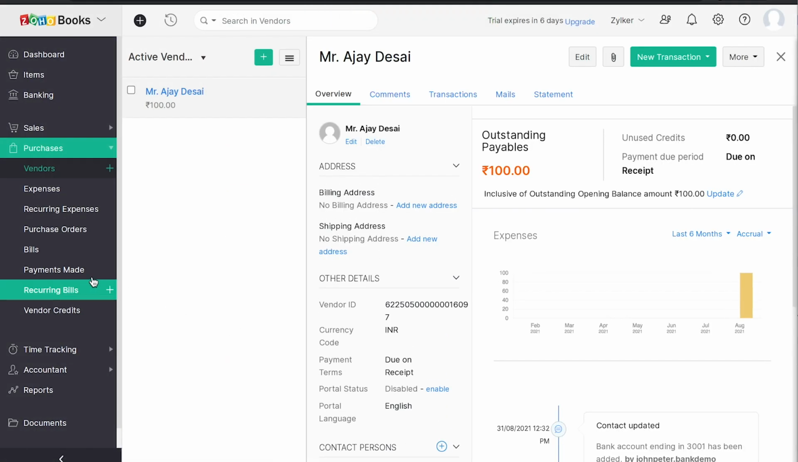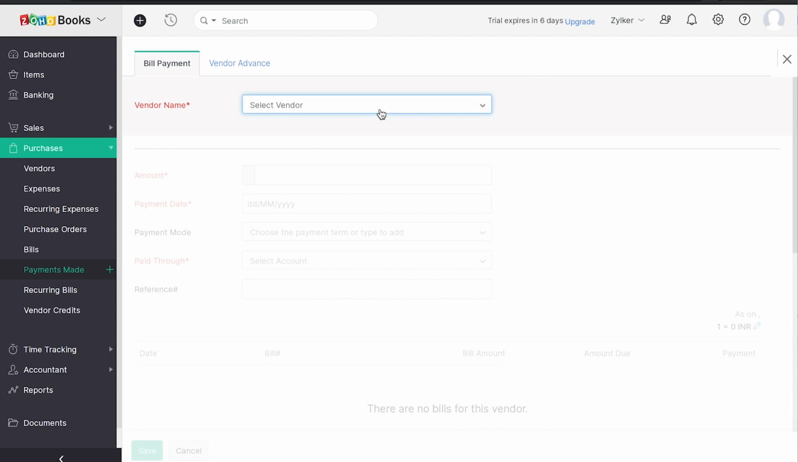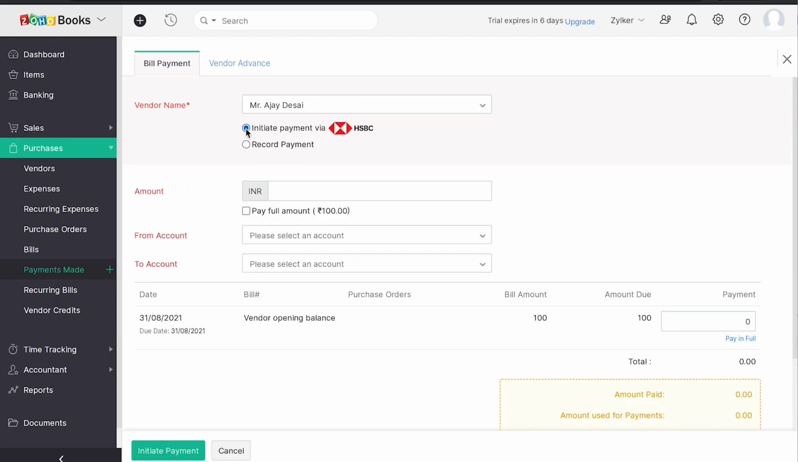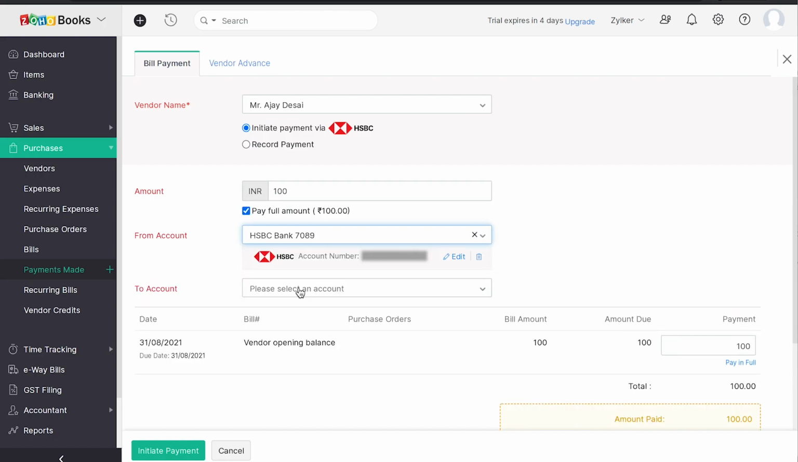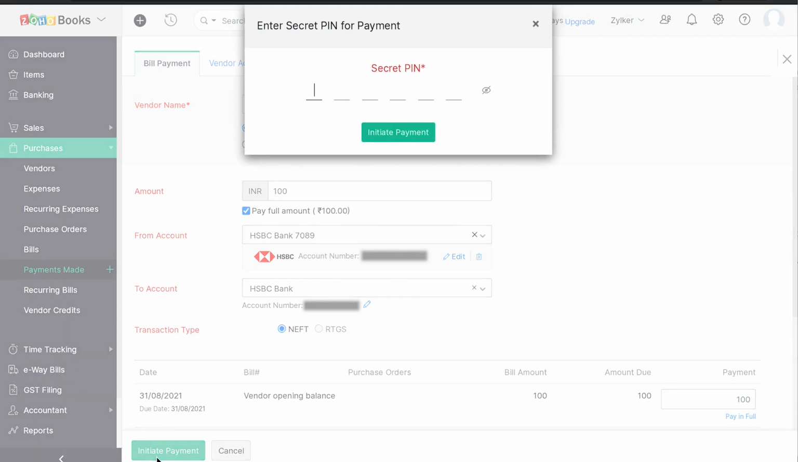To pay a vendor, head over to the Payments Made module under the Purchases tab. Click on New and select the vendor. Select Initiate Payment via HSBC and enter the total amount that you want to pay or click on the Pay Full Amount checkbox. Select the bank account from which you want the payment and select the vendor bank account. Click on Initiate Payment. Upon entering the secret PIN and authorizing the payment in HSBC Net Portal, the vendor payment will